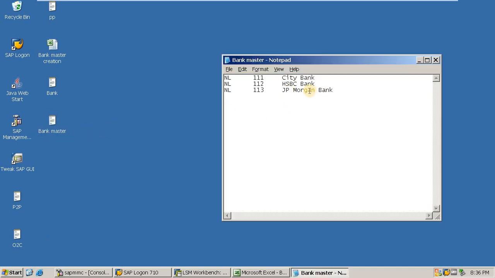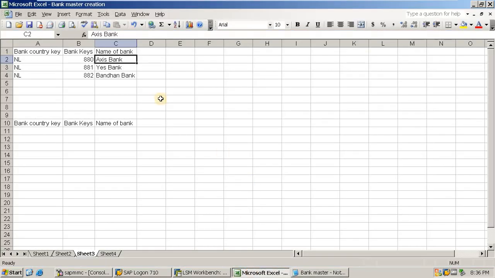Okay, Citibank, HSBC Bank, JP Morgan Bank. 880, 880, 881, 881, 882, 882. Citibank, JP Morgan Bank, Citibank, HSBC Bank, JP Morgan Bank, Citibank.